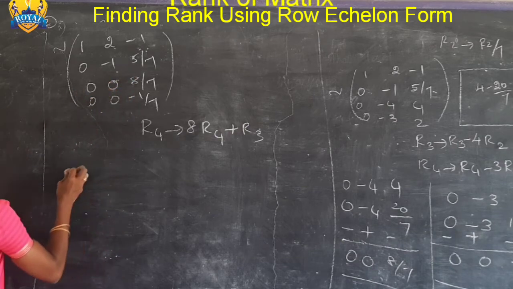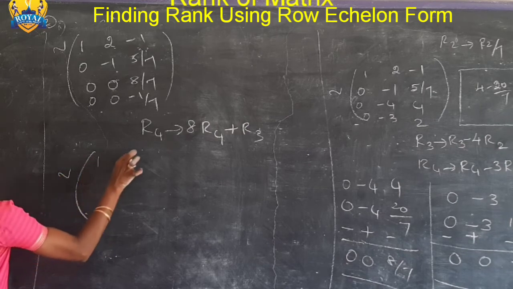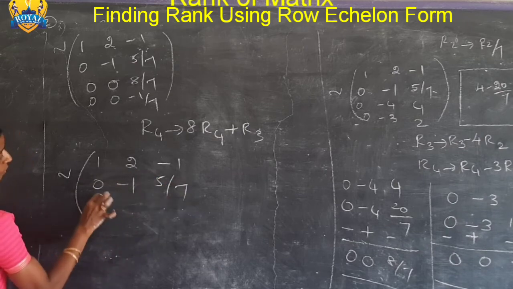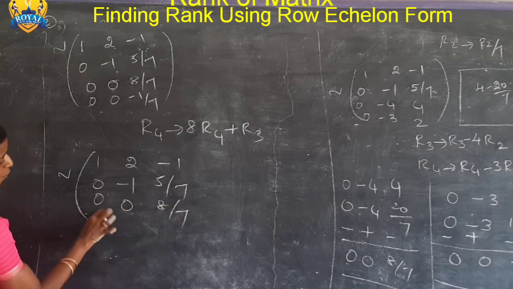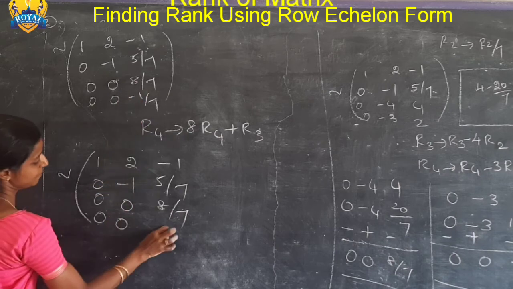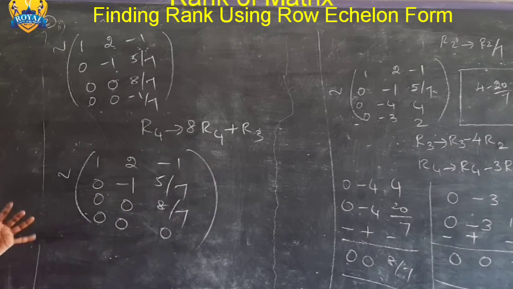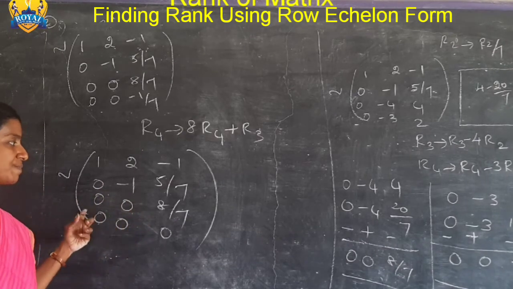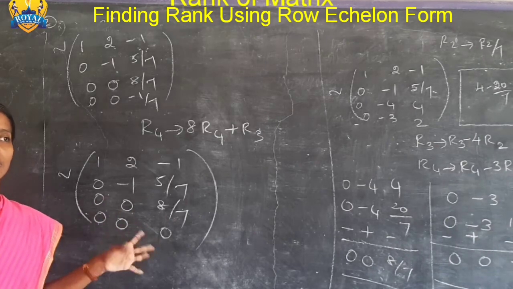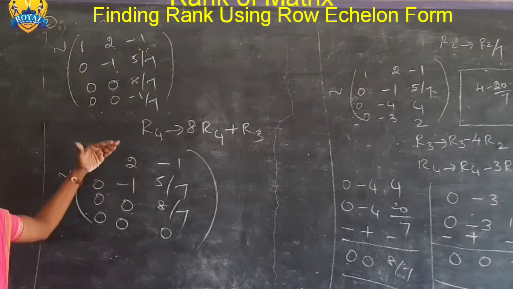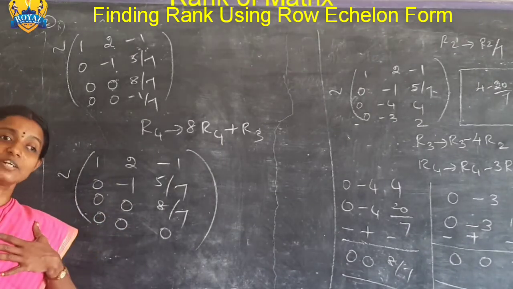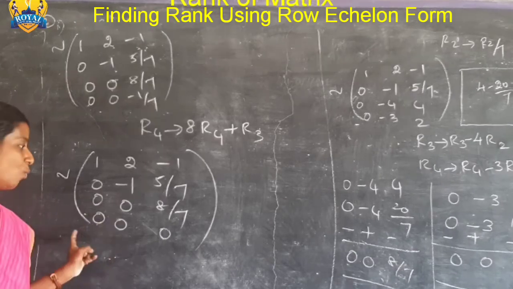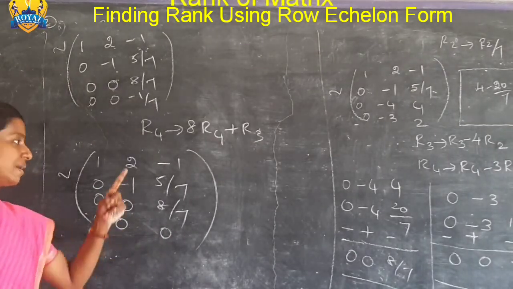So now final matrix is, row 1 remains as such, row 2 same, row 3 same, 0 0, minus 8 by 7 plus 8 by 7 0. Now is there any more possibility to bring any other element 0? If I try to bring, this becomes non-zero. So let us stop with this. So I have how many non-zero rows? 3. My condition for rank is either 3 or less than 3. So I have brought one complete 0 row and made 3 non-zero rows.